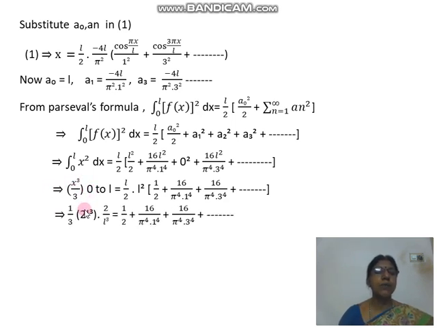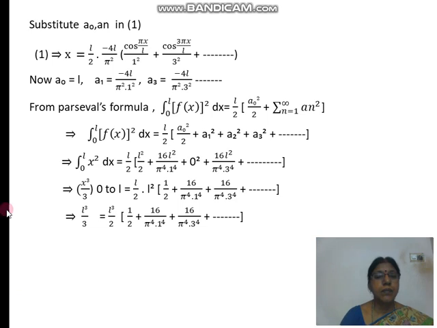So we get only 1 by 3 L cube, L cube by 3. Okay. L cube by 3 is equal to, now this is x cube, meaning L cube by 3, and minus 0, that is equal to,